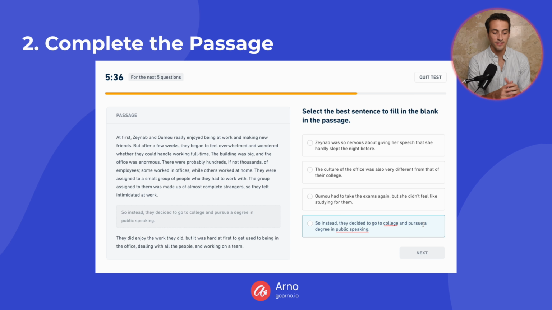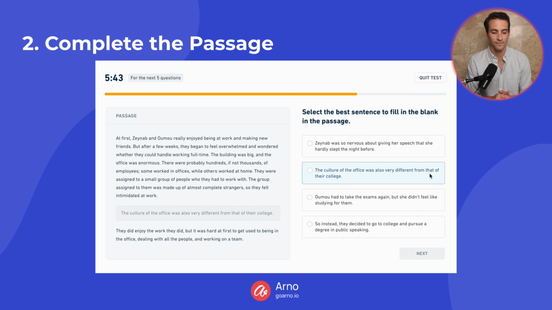So this option is plausible. It could be the answer. However, the second option is better. The culture of the office was also very different from that of their college. So option number 4 isn't necessarily wrong, but option number 2 is certainly better, and that makes it the correct